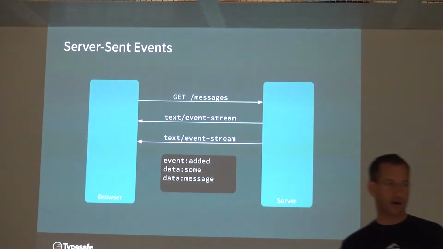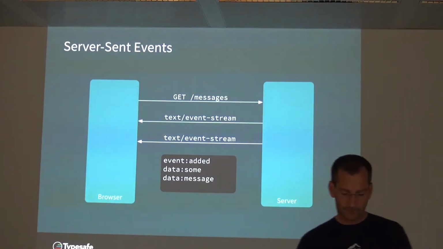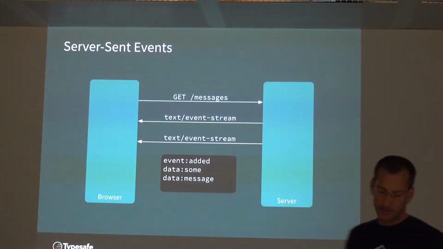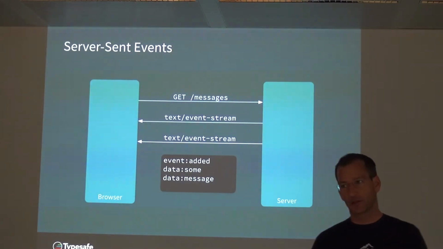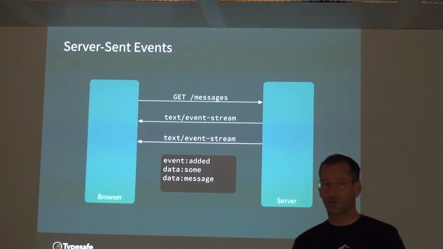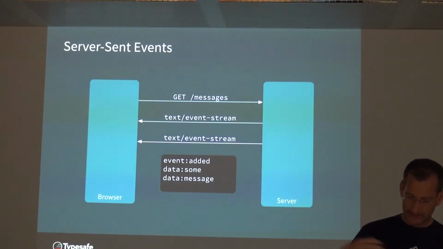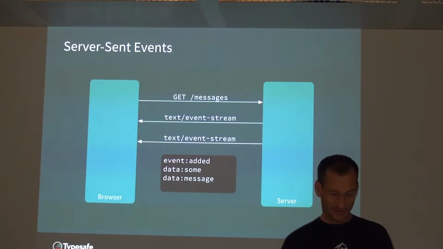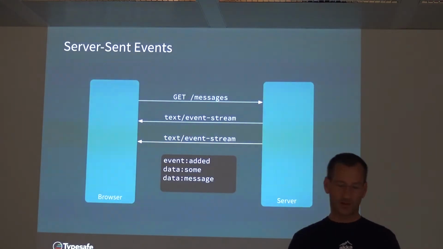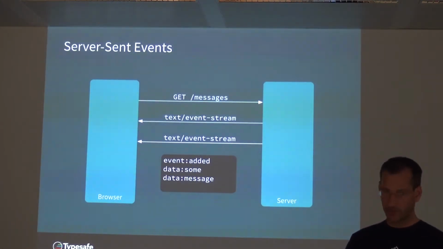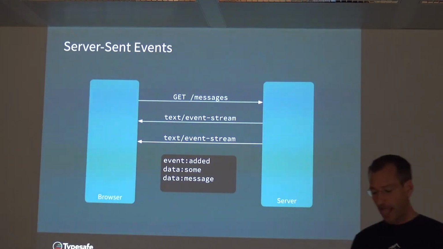So events are very simple. They are just a text format. The most important thing is the data fields. You can have multiple data fields. You can have an event field. You can also have an ID field for the last event ID, which I'm not using yet because the library I'm using here doesn't yet support it. But as I'm the author of that library, it will soon support it, which then could be used to really bring reactive flows to 100% event sourcing, maybe even CQRS. But I have to wait for your talk to really fully understand how to build that.